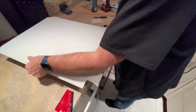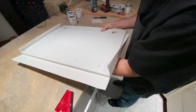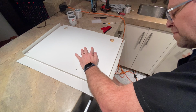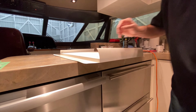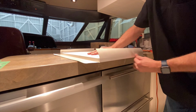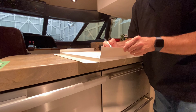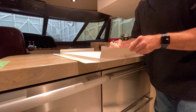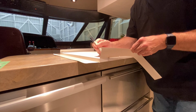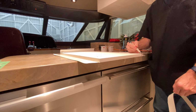Okay, so this one right here, what I normally do is I flip it. I found it easier. Use your thumb. This is actually real life time, so I'm showing you how long it'll take to do it. I kind of start in the middle basically, and I just poke right here. You can kind of see it. I'm doing about a 45-degree angle cut on the knife. I'm taking my time, so I'm going like this, as you can see,